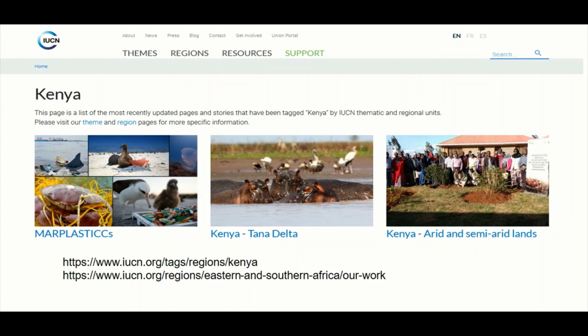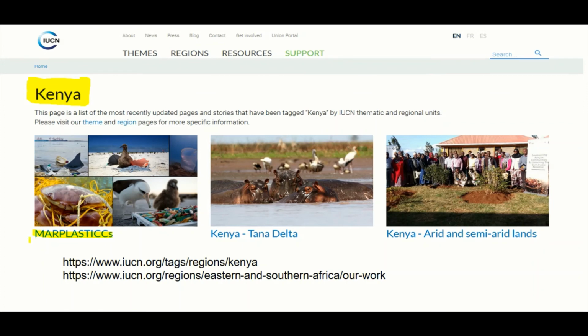I just wanted to outline the IUCN. When you go to the website of IUCN, you will also find Kenya as part of it, because most nations have subscribed to this Conservation of Nature Union. So you're going to find certain information on Kenya and what we are doing with specific species and how we are doing conservation of specific